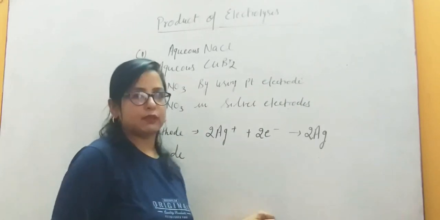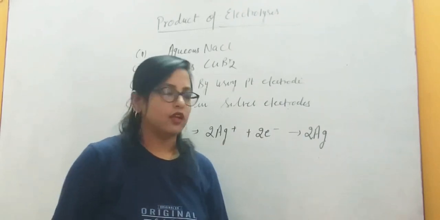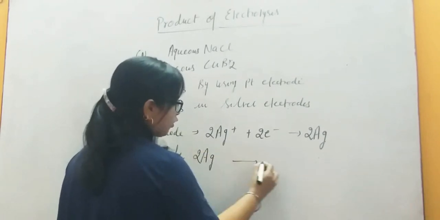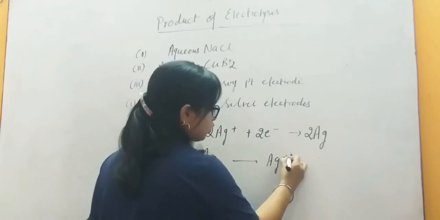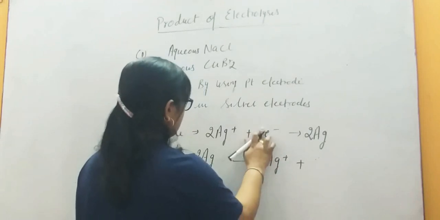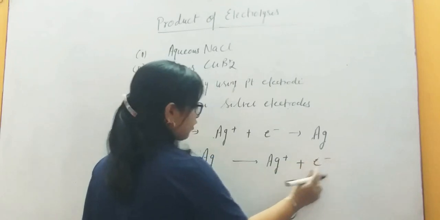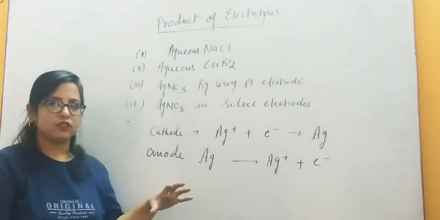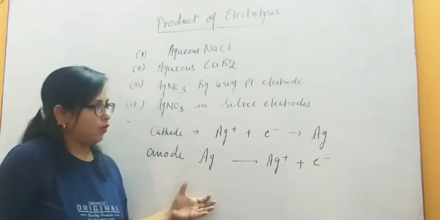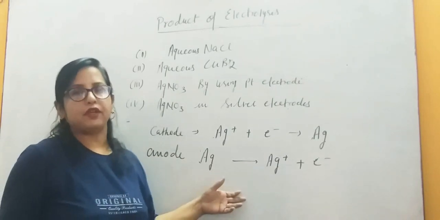And at the anode we have three possibilities, again nitrate ion, OH minus ion and silver. Now at that time silver will be oxidized because the electrodes are present and they are reactive. So the silver electrode is converted into Ag plus, and we can write here exchange of one electron only. So this is the process: oxidation of silver at the anode and reduction of silver at the cathode. So nitrate, OH minus ion and H plus ion cannot participate in the cell reaction.